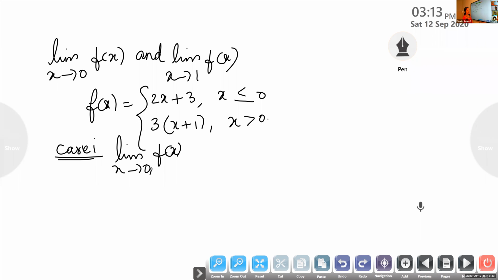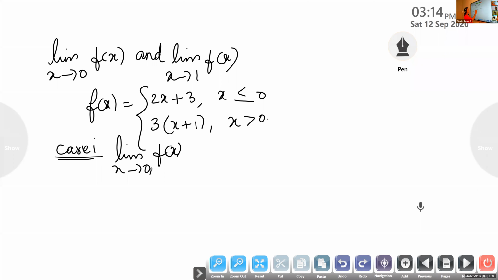If the left hand limit is not equal to the right hand limit, then we say the limit does not exist there. Limit is not there when the left hand limit is not equal to the right hand limit. So, is it clear, children, why we are going with left limit and right limit? At the point 0, two functions are there. Less than 0, one function is defined. Greater than 0, another function is defined.